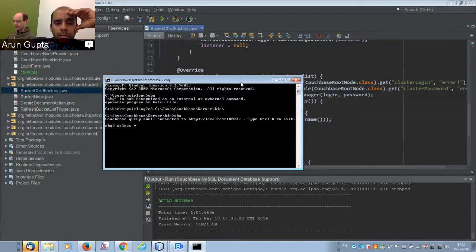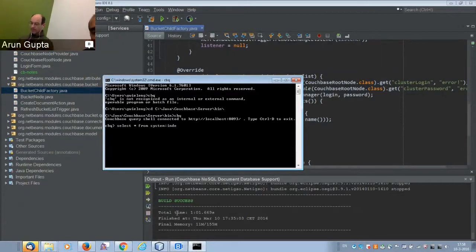And this is also something you can do via the Java SDK. Yeah, we're still waiting for your screen to refresh. It hasn't shown system:indexes yet. So select star. Select star and then system? No, from. Sorry, I can't hear. Okay. From? Select star from system:indexes. Like this. Yes. And hit semicolon and return.